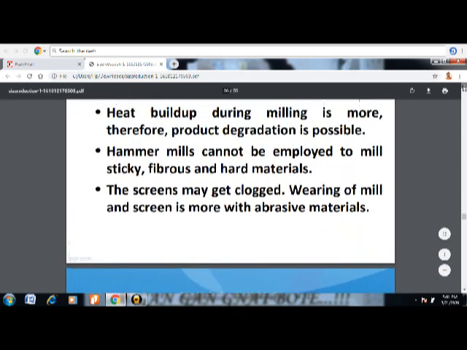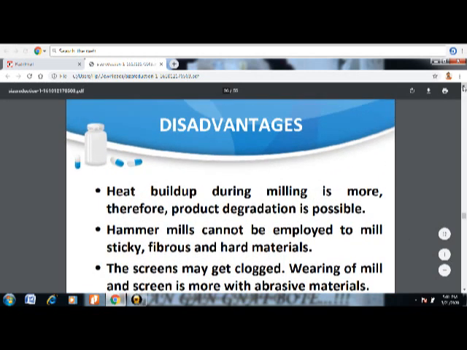So this is about the hammer mill, and we have seen that this mill is used for applications like the powdering of barks, leaves, roots, crystals and fiber cakes, and we can use it for various types of material. Again, there are chances of using swing hammers. We can attach swing hammers also, so they can absorb the shock. To absorb the shocks, instead of rigid hammers we can also attach swing hammers. These modifications we can also do in the case of the hammer mill.